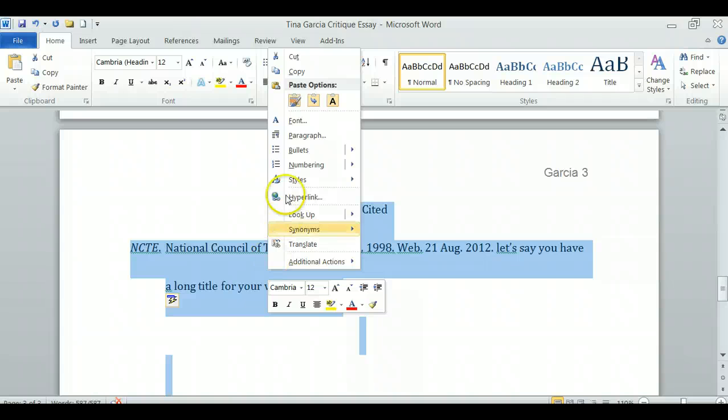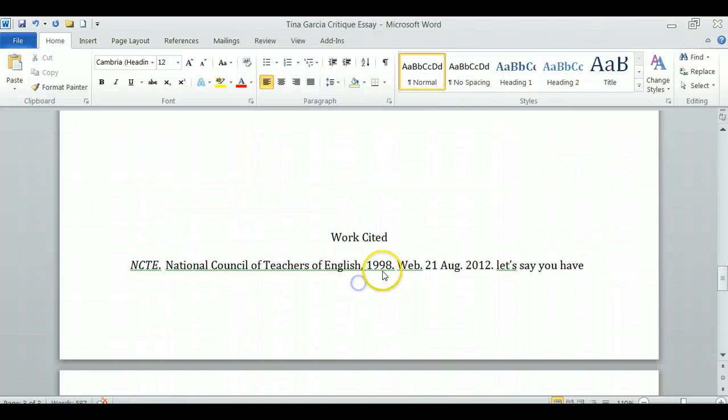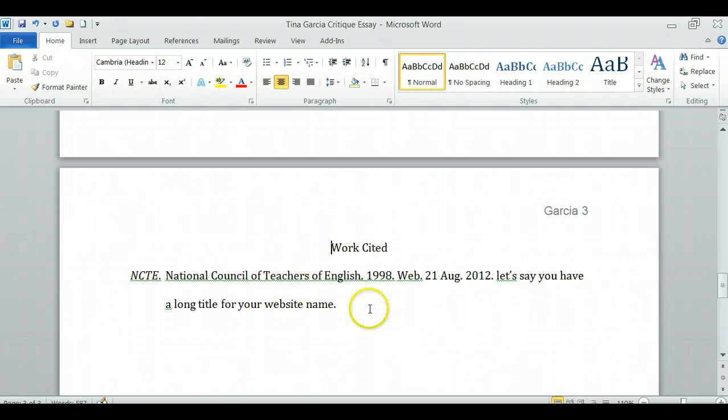Right click and go to Paragraph, and come here to spacing, and before it says 0, after it says 10, you want to take out that 10 and put 0, and then make sure it says line spacing double, and then hit OK. And that's going to fix your line spacing, and you might have to readjust this. And that's it. And then you hit save,